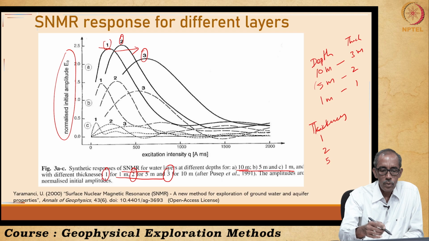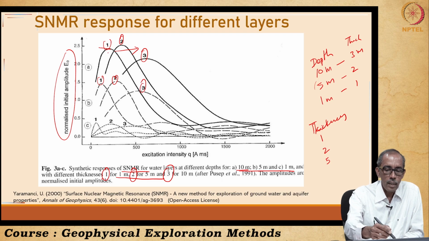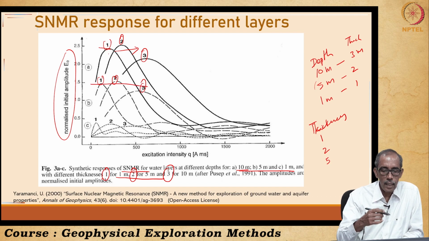Now, let us look at these dashed lines 1, 2, 3. What does it indicate? They indicate that the thicknesses of formations have varied. So, their thicknesses are varied, then their peak got a little bit reduced. Then in the third case, it got reduced very much.